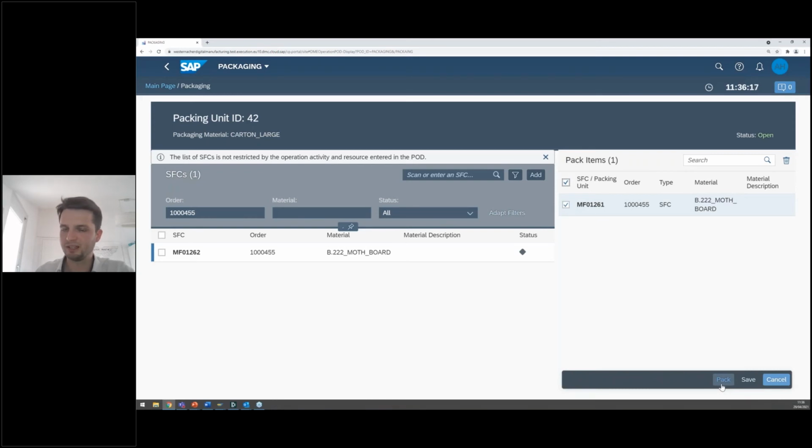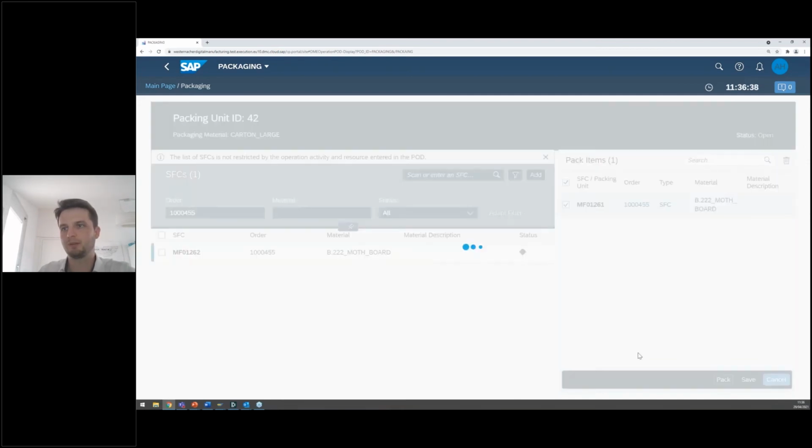What happens when I click on this pack button is that a message is triggered to the EWM that we are laying the packaged material on the production receiving area, where Tom can then take it and store it into the warehouse. So we'll pack the material,